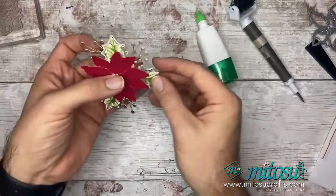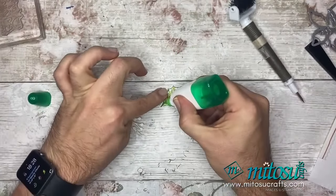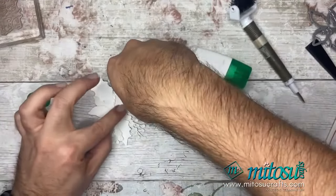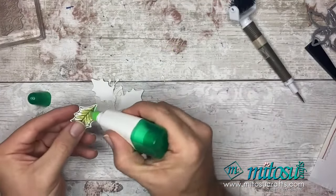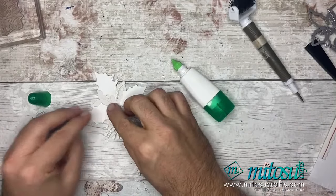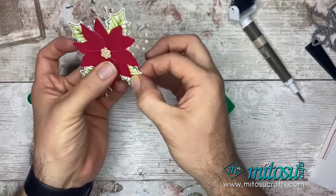Oh, I found the holly. It's fallen on the floor. That's good. So I'm going to do 4 of these. I'm just going to do another one over here, like so. And I've got my fourth one, which is going to go up here like that. So you've got yourself a nice